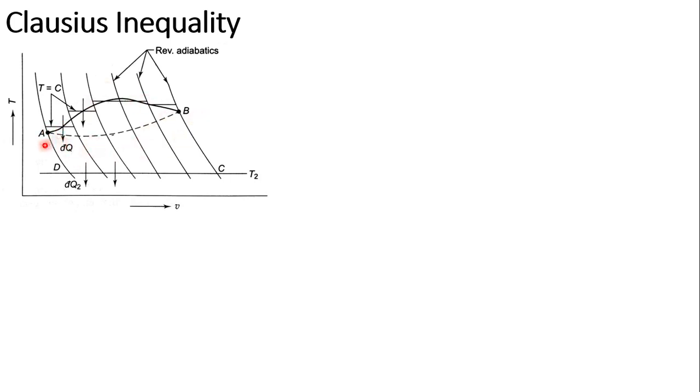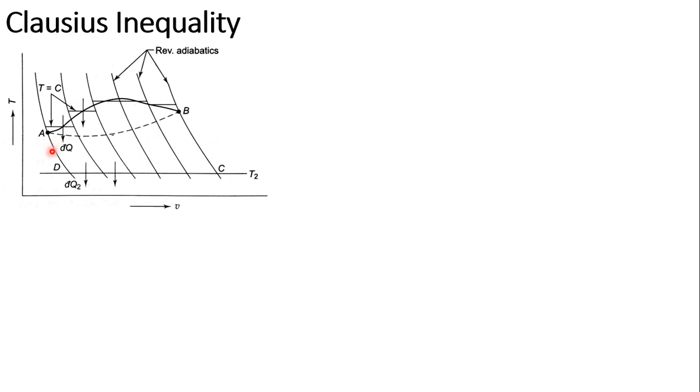Now, like previously, where we saw a zigzag path between two adiabatics, we draw isothermals, as on the PV diagram. So here, between two reversible adiabatics, we are drawing isothermals again. So these are isothermal lines, and here the isothermal is horizontal for the complete part. Now if you see this, the complete cycle is divided into a number of small cycles.